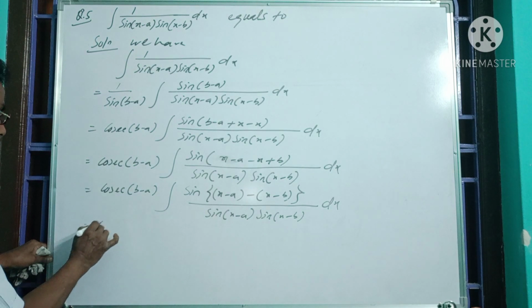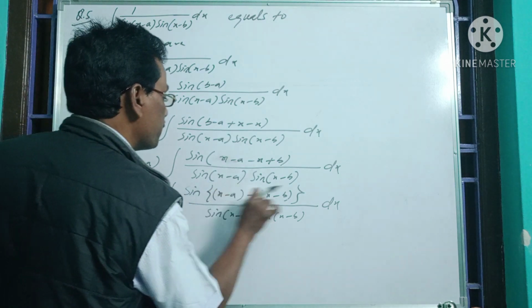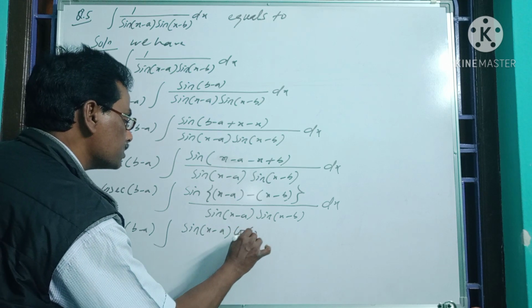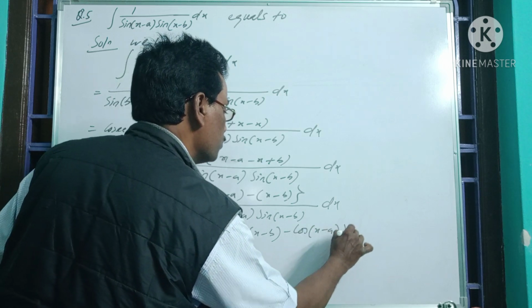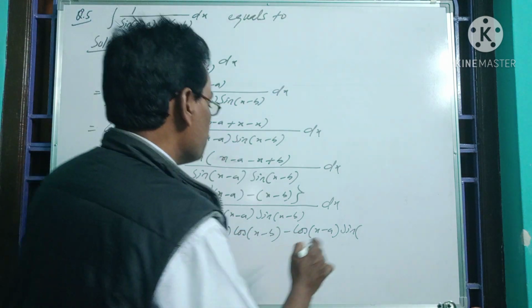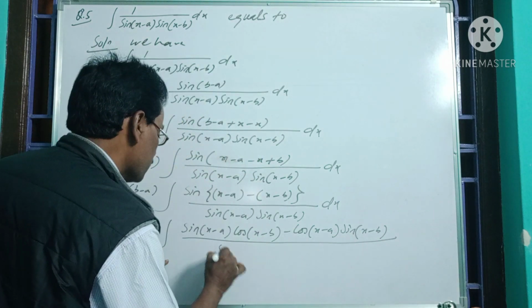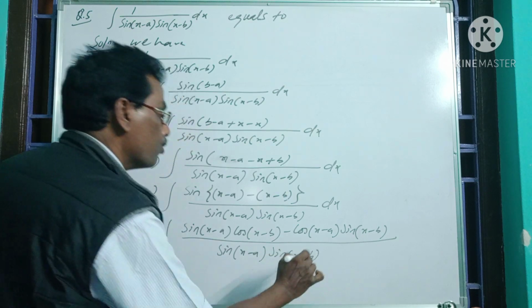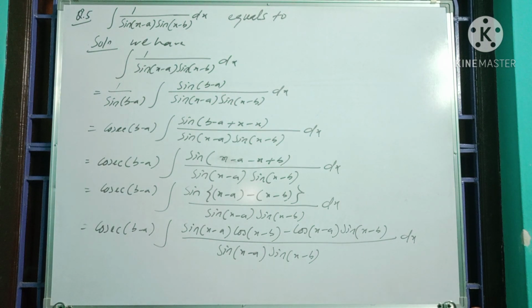So breaking, we have cosec(b minus a) into integration of sin(a minus b), that is sin a, that is sin(x minus a) into cos(x minus b) minus cos(x minus a) into sin(x minus b), so we have sin a cos b minus cos a sin b, whole divided by sin(x minus a) into sin(x minus b), integration with respect to x. Simplifying, we have